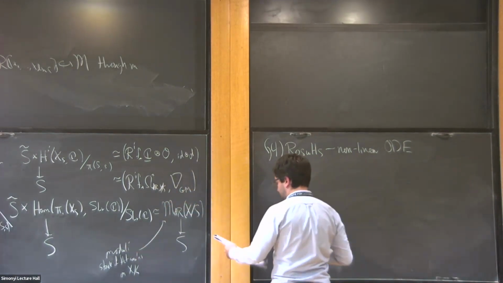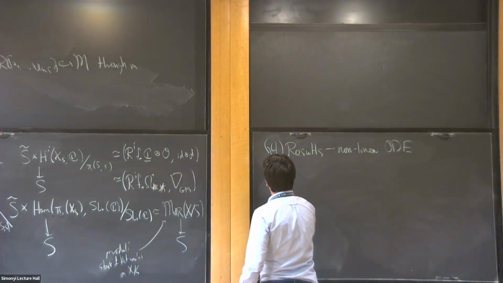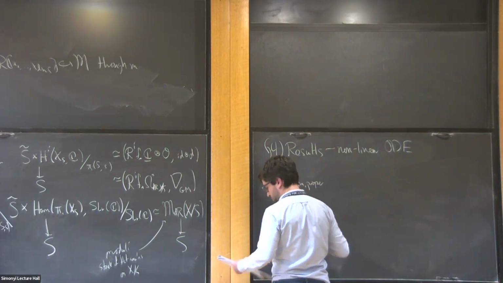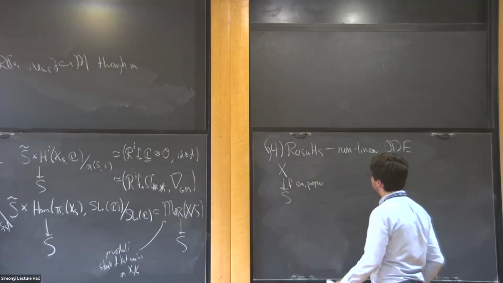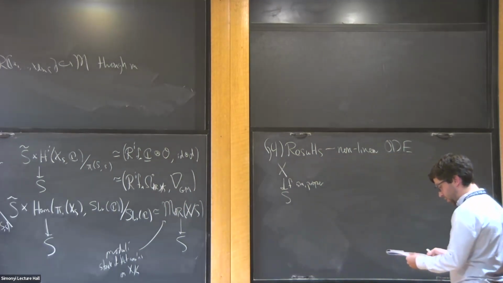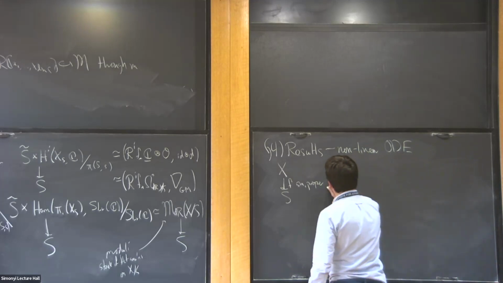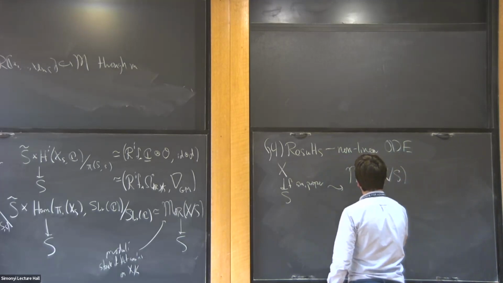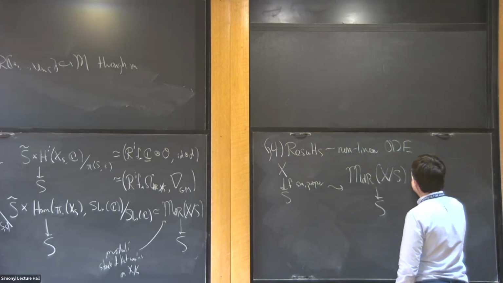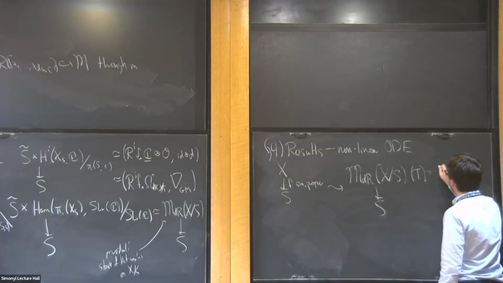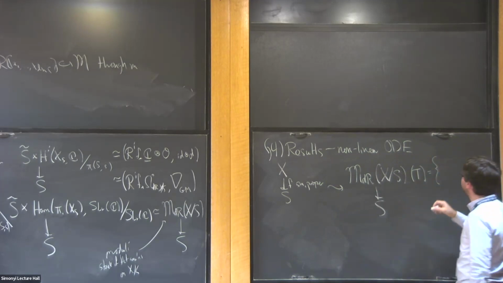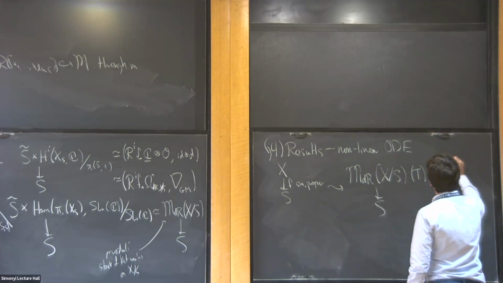So X to S, again, will be a smooth proper morphism of smooth C schemes, if you'd like. Again, you can equip this with a normal crossings divisor, but it makes things notationally more complicated, so I won't do it in the talk. To this, we can associate the moduli space M_dR of X over S. Let me just say what its T points are. Here T is an S scheme, so it maps to S, and the T points are flat bundles